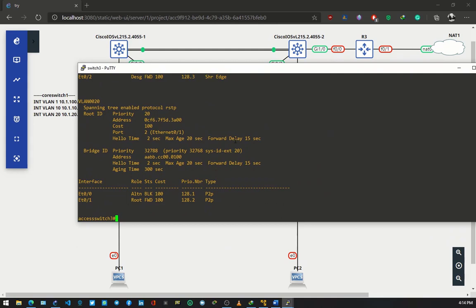So that's how to optimize spanning tree, and in my next video we are going to see how to test